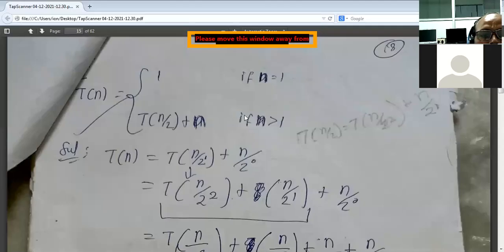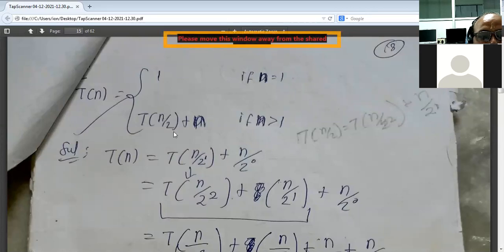So what will happen here? First of all, we will see here T(n) is equal to T(n/2) plus n. Now I want to calculate the T(n/2). So for T(n/2), I have to substitute n by n/2. So I am writing here T(n/2), and here what will happen if instead of n I write